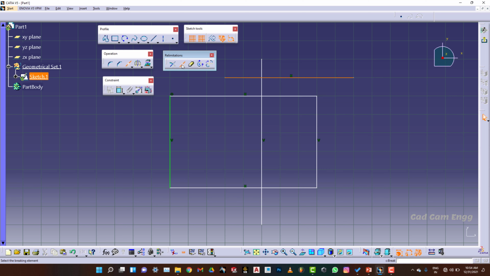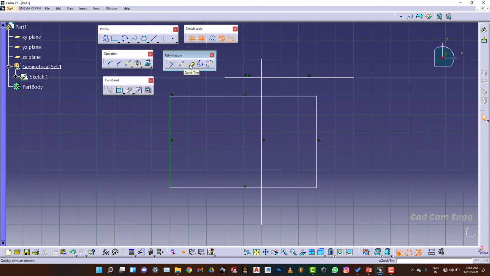So this break tool is used. Wherever you want to break the line, you have to select. First you have to select the break tool, then select the line, and then select the point where you want to break. So it has become like this.